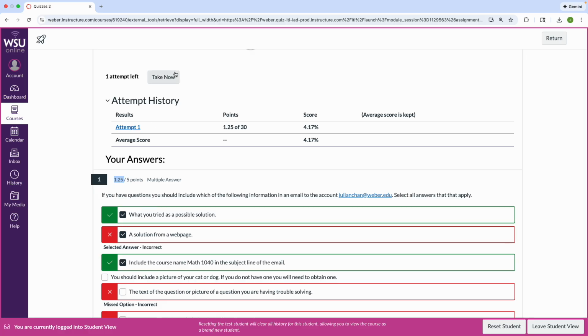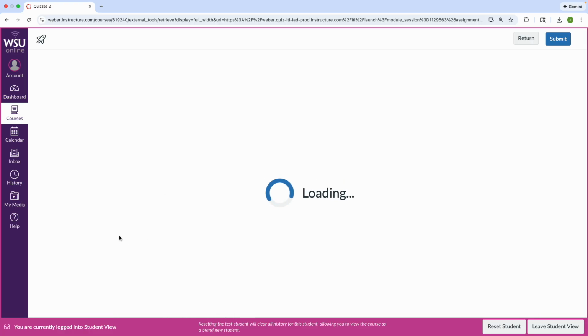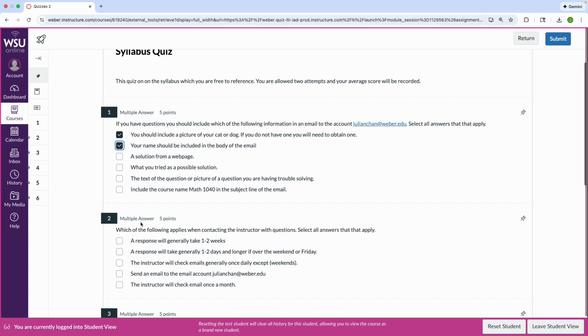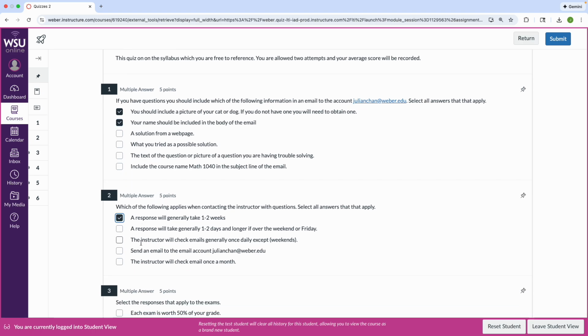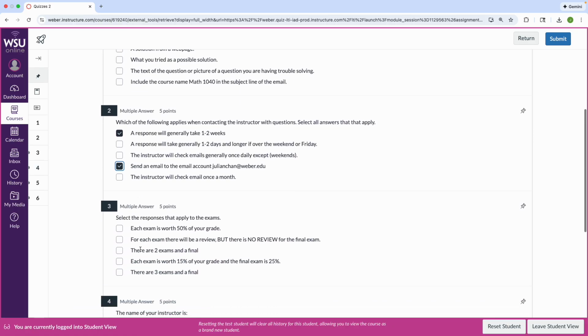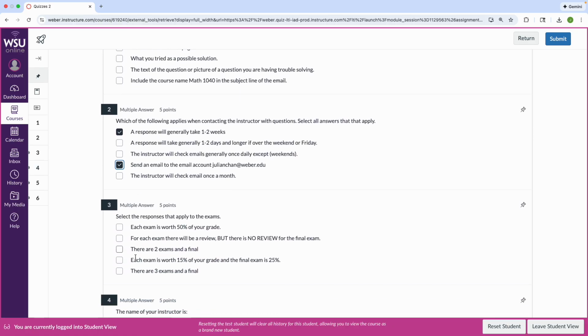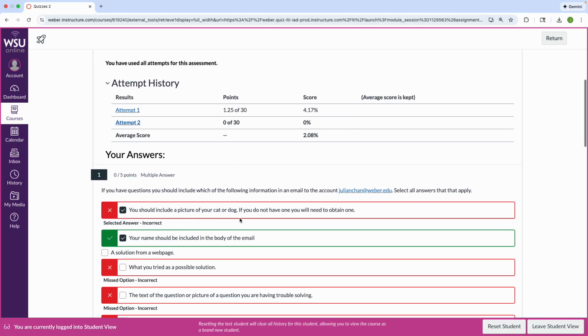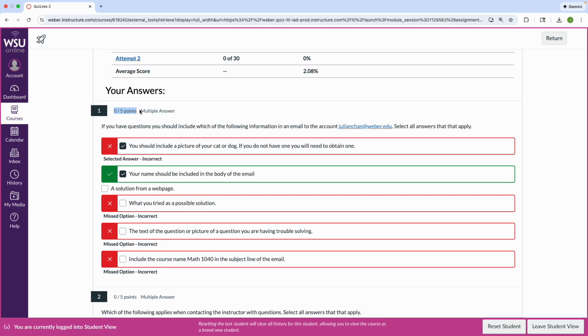is worth negative points. So for example, if I was to select these 2 and these 2 and these 2, okay, I want to show you, look, I got 0 out of 5 points because I selected an incorrect answer.